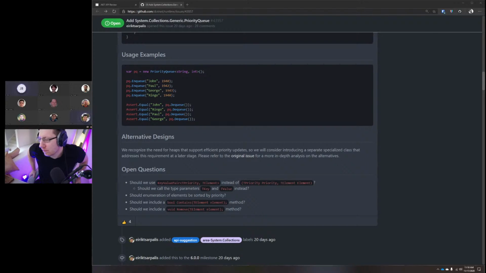So since that doesn't seem to have an easy forthcoming answer, is there anything under open questions we haven't already talked about? There might be. Let me check. Because I know I brought up remove. I think we've actually covered everything. So we've settled for using a value tuple for the enumerators and the constructor.